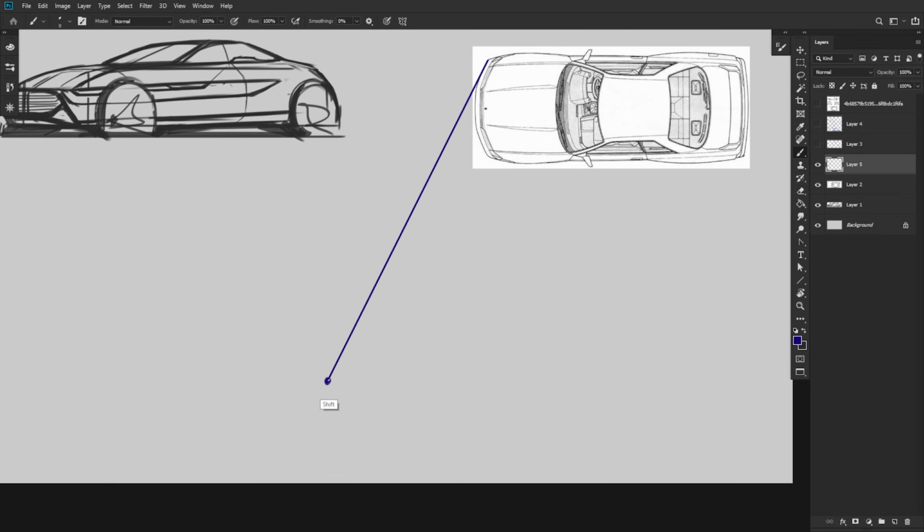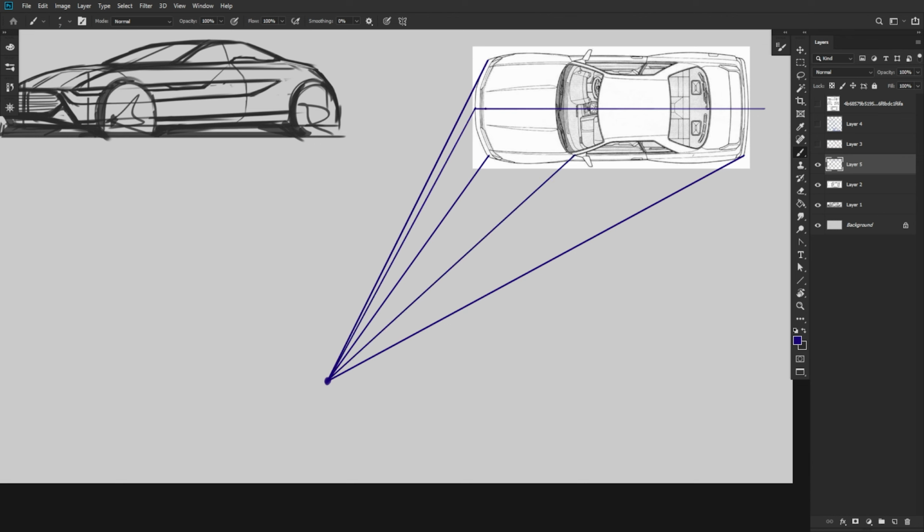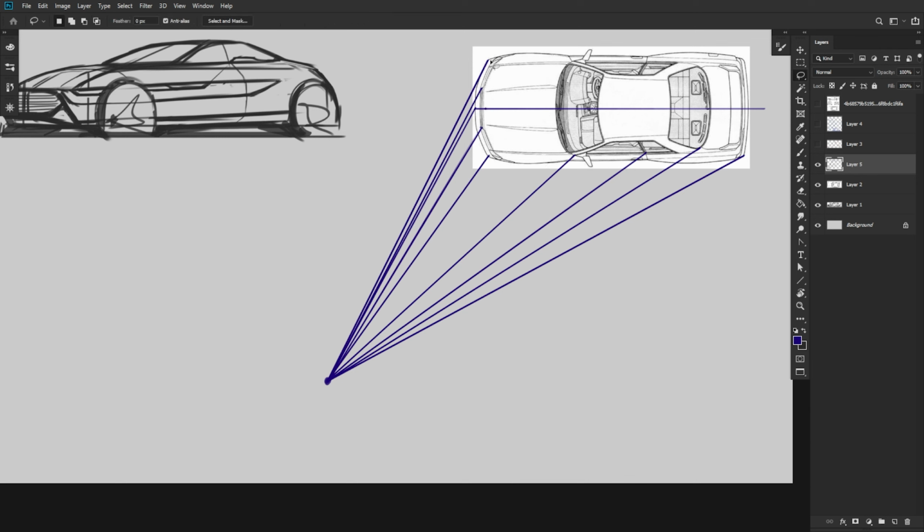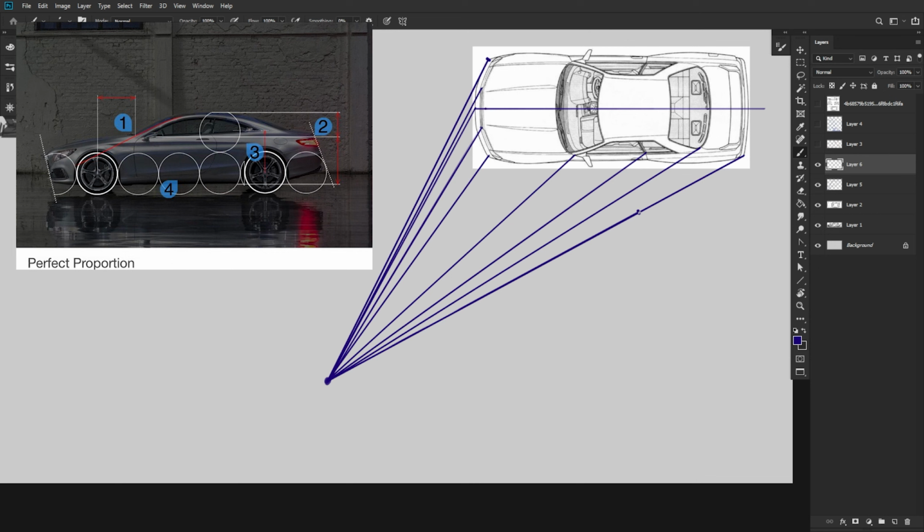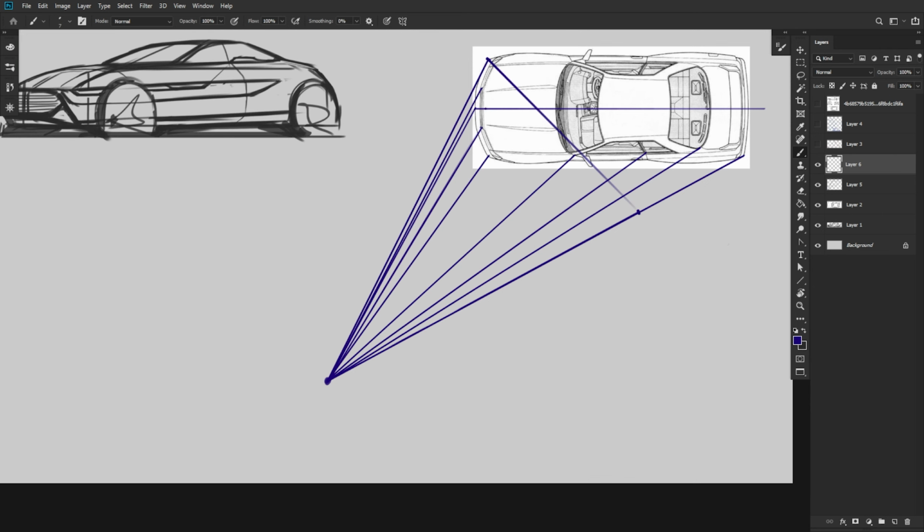You can be meticulous and mark all the components of the car that interest you. For example, the bumpers, the cockpit, A-pillars on both sides, C-pillar, the edges of the headlights, wheels, in general anything. Regarding the height of the car, usually it's about 2 wheels. On sketches we can exaggerate and do less. Thus, you can set any angle in a minute and you will be sure of the proportions.